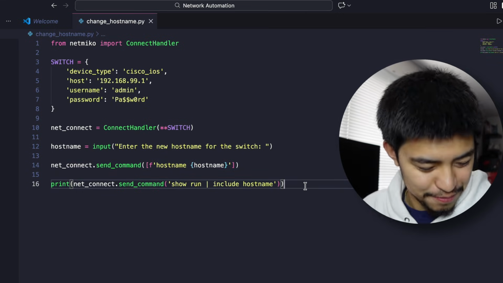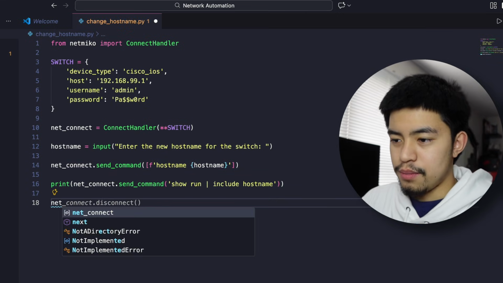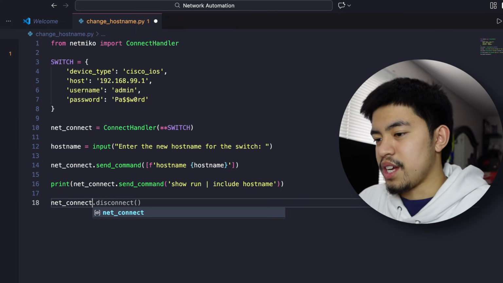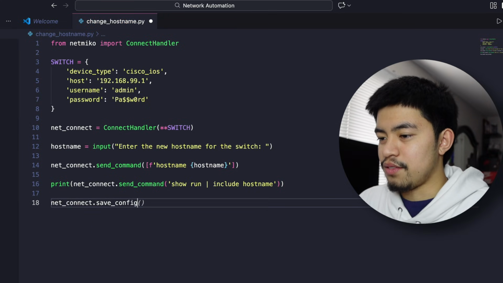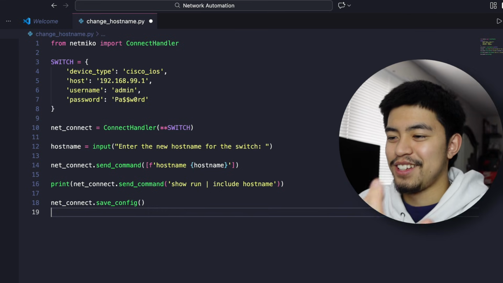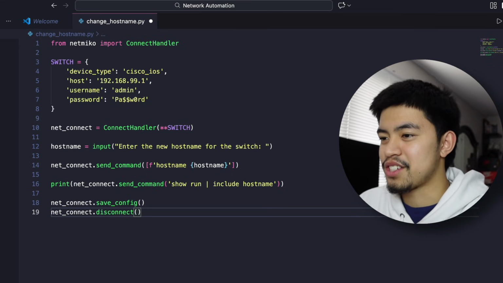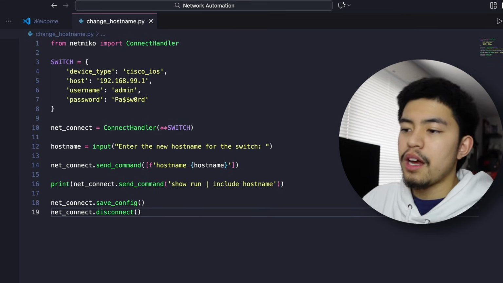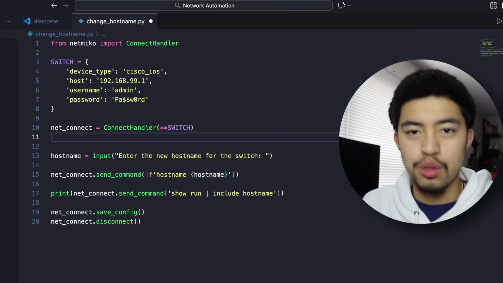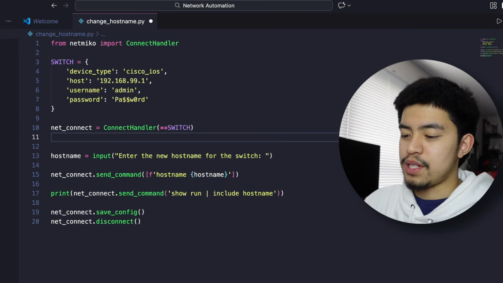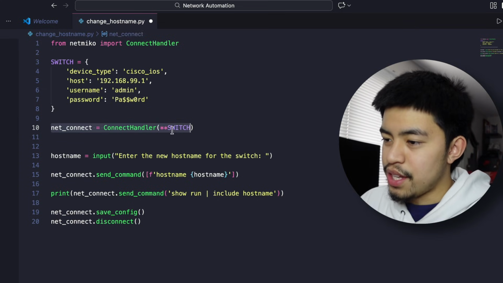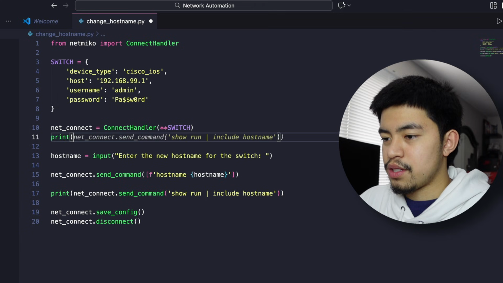Let's test this out. Oh, actually, before we test it out, a couple cool things we can do is save the config, literally save config, so you don't have to forget, and we should disconnect after. Just best practice. Okay, before we do this, let's make some visual changes so that we can understand what's happening better. So after this runs, we should print out